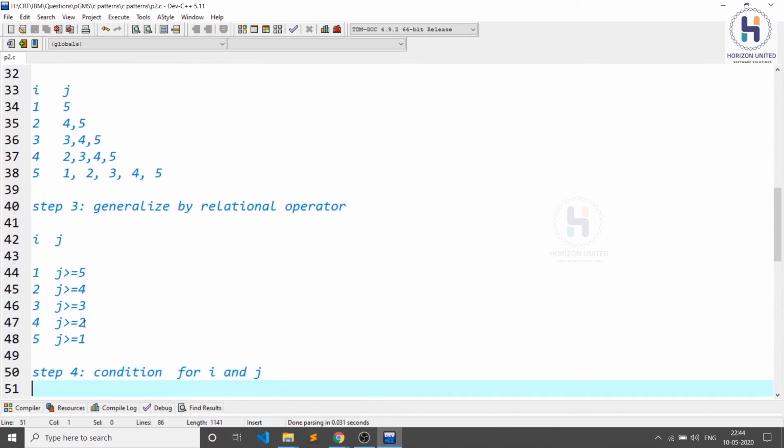So let's write these conditions like this. If it is 1, j is greater than or equals to 5, and if it is 2, greater than or equals to 4, then 3, then 2, then 1. If you get this type of sequence like 5 4 3 2 1, always you can specify it as 6 minus i. Why I'm calling it 6 minus i? j is greater than or equals to 6 minus i means you can see